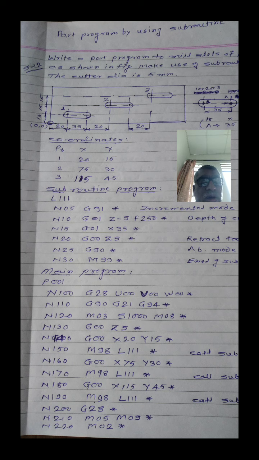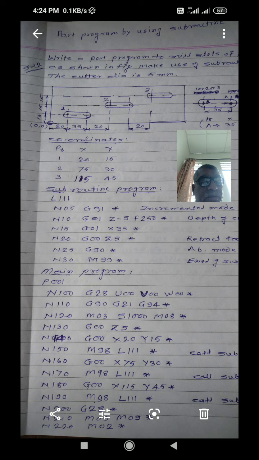That is block number N150 M98 L111, end of the block. Means here the subroutine program is called. This subroutine is executed during block number 150. All these blocks, that is block number N05, N10, N15, N20, N25 and N30. Okay. Then after completing the operation, this program is written for only machining operation.